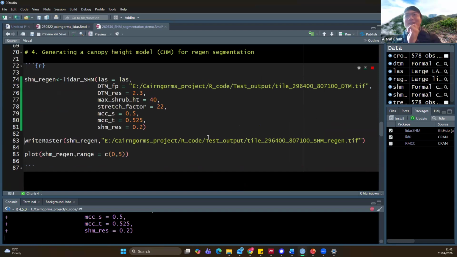The first thing to do here is, if we have a LiDAR point cloud where we want to detect small trees, I'm just using the same LiDAR point cloud as before. What we could do is create a canopy height model using the shrub height model algorithm. We just reset the maximum shrub height to a very high value, so that you could capture the big trees instead of the small ones. And what you end up with is basically a shrub height model with big trees on it, that includes both the big trees and the regenerating trees,